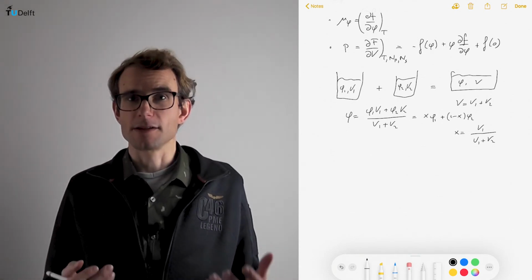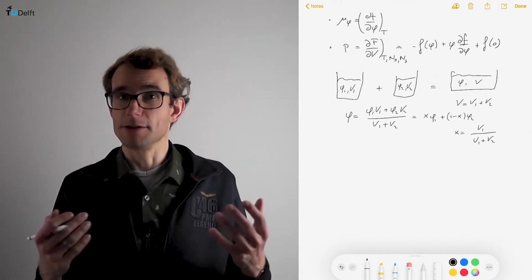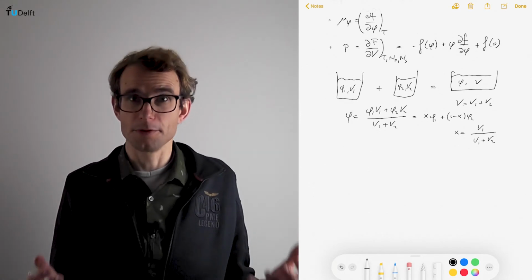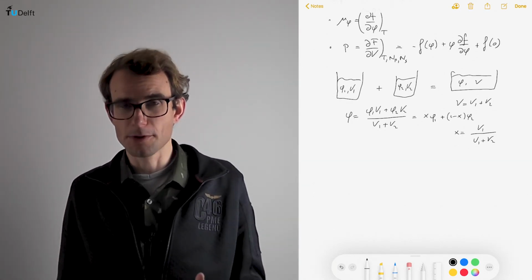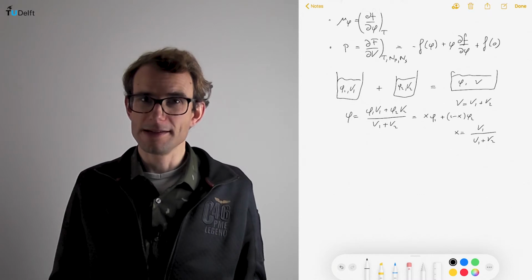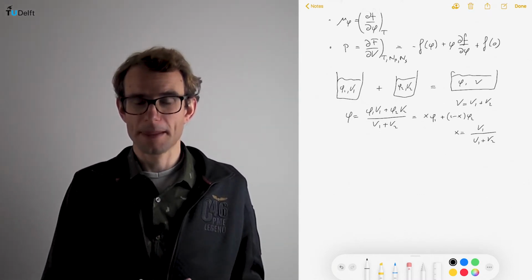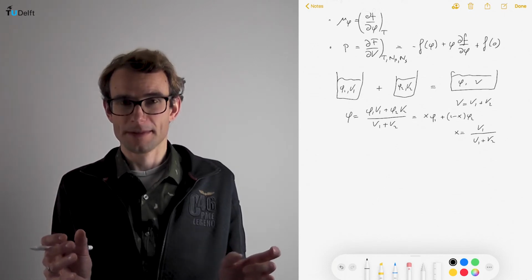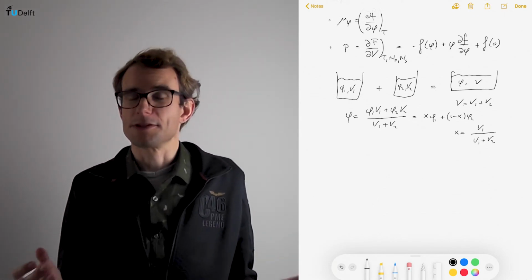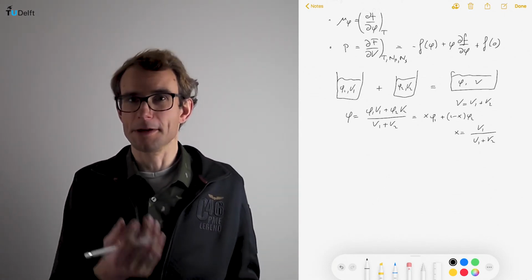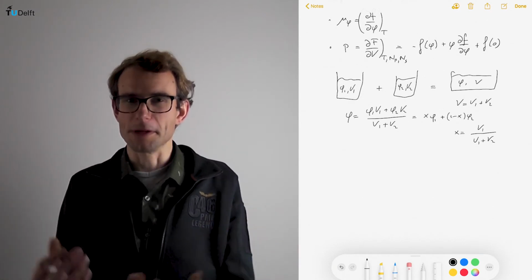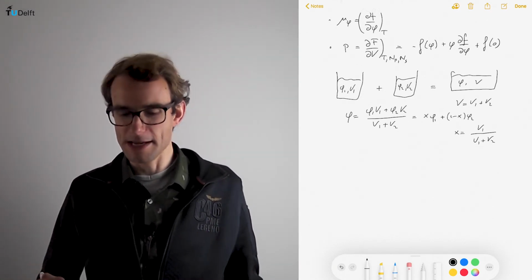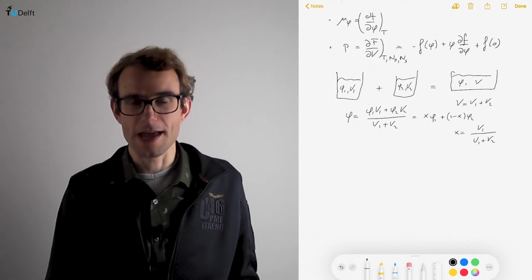So that means that the free energy, and I don't mean the free energy per unit volume, but the total free energy of this new combination, is lower than the free energies that we had before. If that's not the case, then they will stay separate. For instance, that is what happens if I had pure water and pure oil. I can put them together in one beaker, but they will stay separate because the free energy will not be